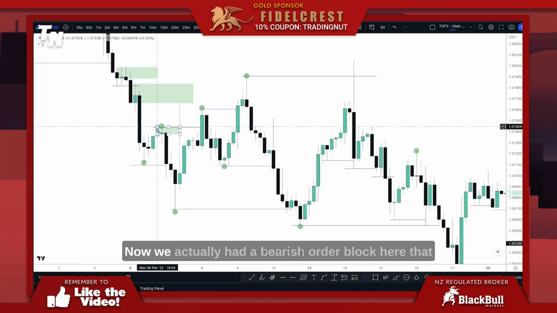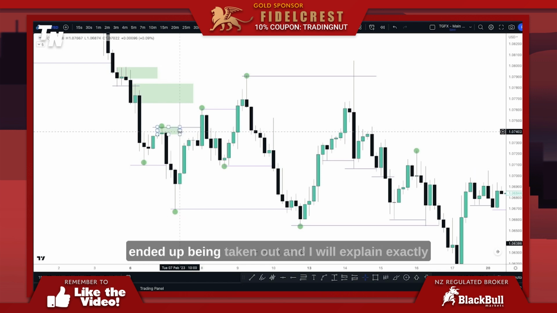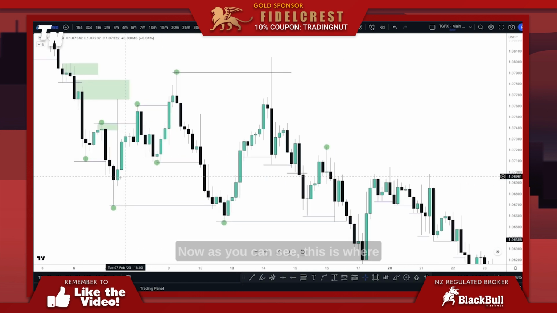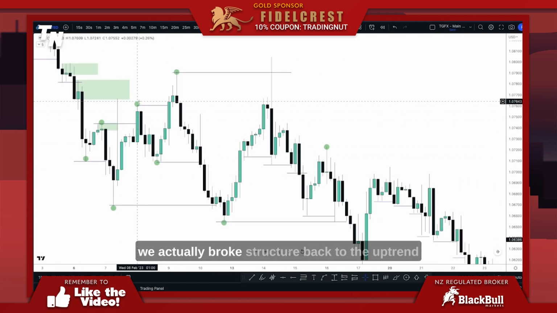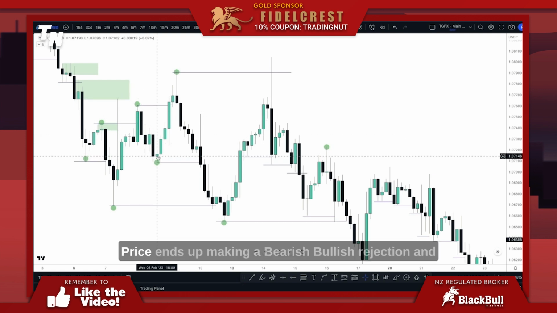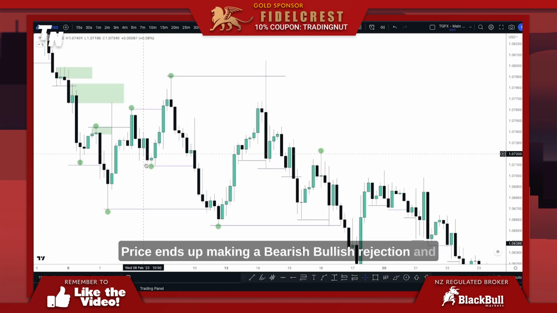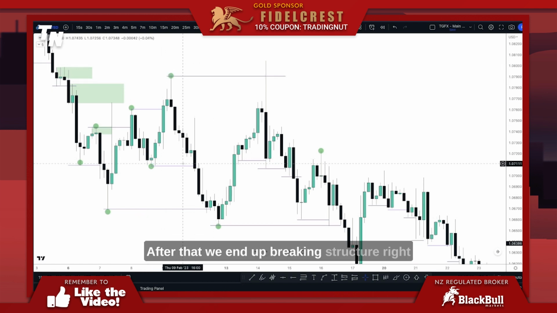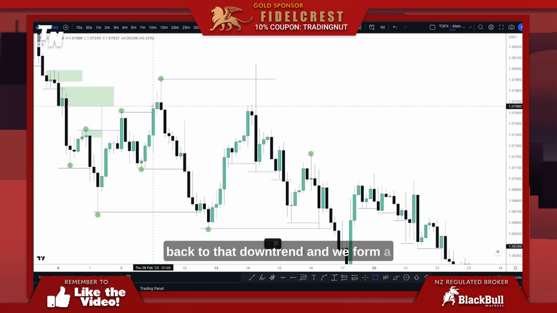away. Now we actually had a bearish order block here that ended up being taken out, and I will explain exactly why it was taken out a little bit later. Now, as you can see, this is where we actually broke structure back to the uptrend, and then we had our retracement here. Price ends up making a bearish, bullish rejection, and then we once again go to the uptrend structure. After that, we end up breaking structure right back to that downtrend, and we form a bearish order block